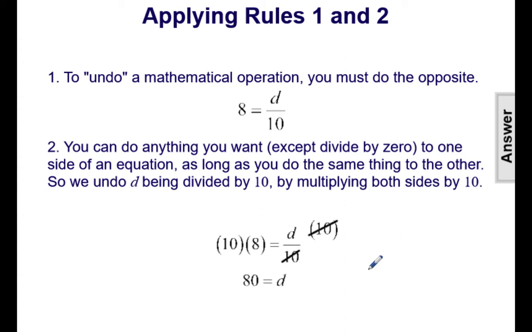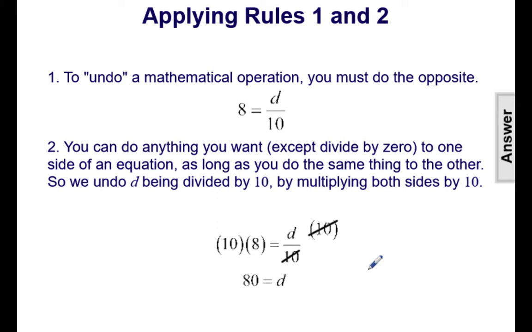Applying rules 1 and 2. Rule number 1 says to undo a mathematical operation, you must do the opposite. So here we have an equation, 8 equals d divided by 10, and we're trying to solve for d. So we need to think of the opposite operation of dividing by 10, since we're trying to undo the dividing